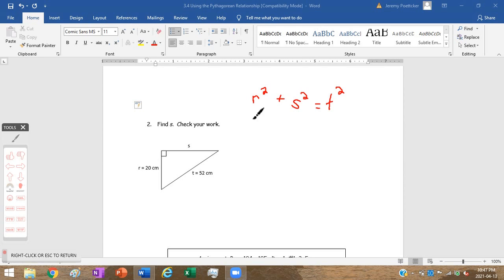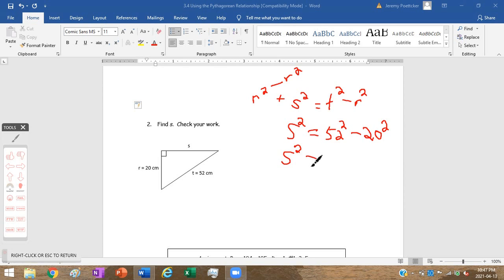All right, if I look at this now, I know r and t, so I really want to move the r to the same side as the t, so let's subtract r squared from both sides. Hey, that's going to leave s squared by itself. That's what I want to find. Perfect. So s squared is equal to, let's start plugging in numbers already, 52 squared minus 20 squared,